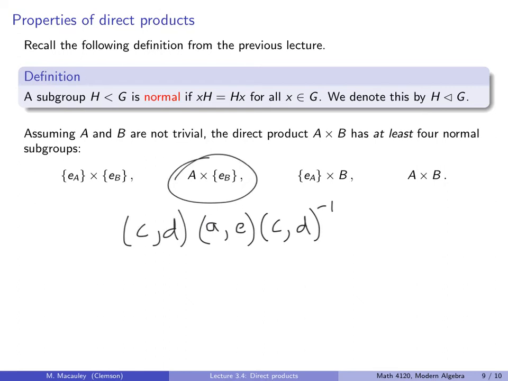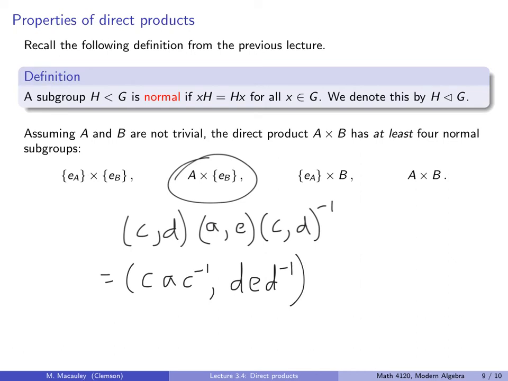Now it's easy to see that the inverse of this element is just C inverse D inverse. So I can write this as, everything component wise, C A C inverse, and then D E D